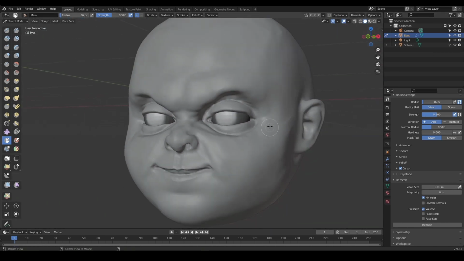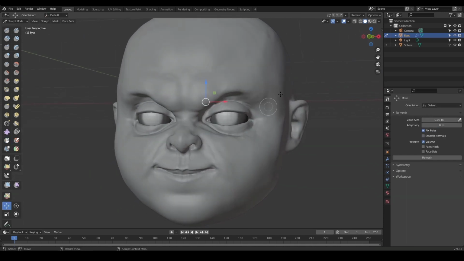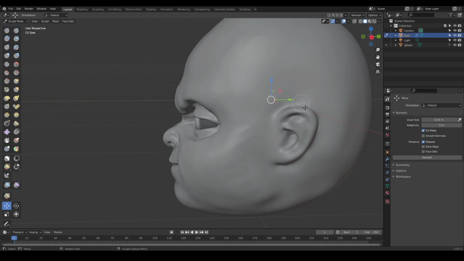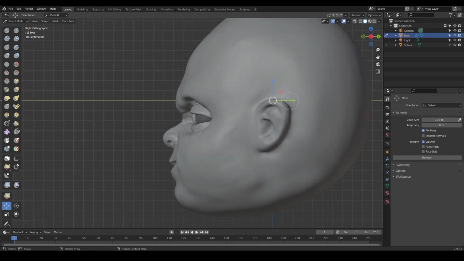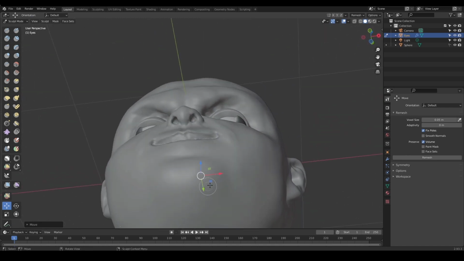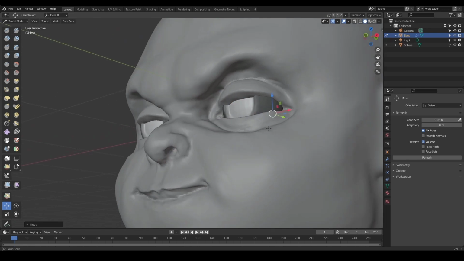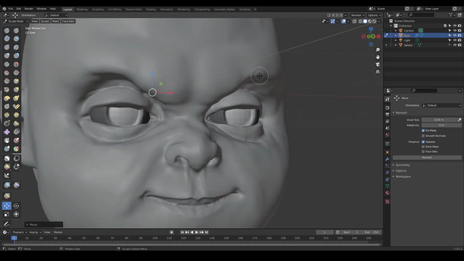Control I to invert it. I'm gonna go to my move tool. I'm gonna turn on my... And then push that in. Push that in some more. This might work, or probably, I think I want it to be,